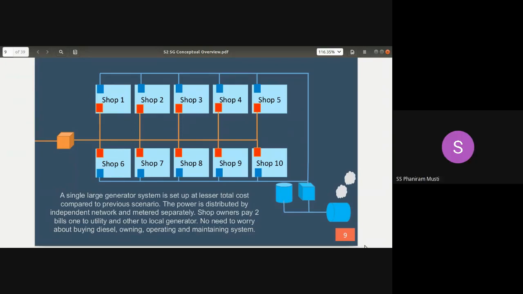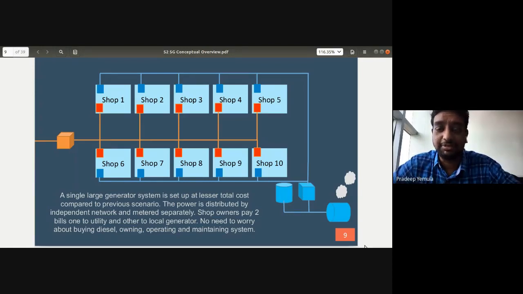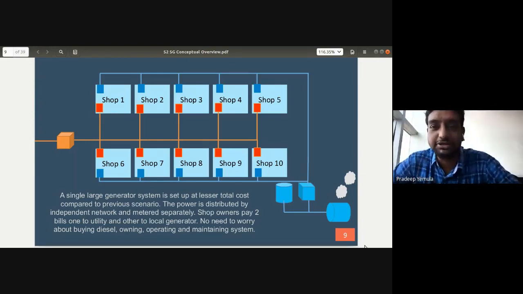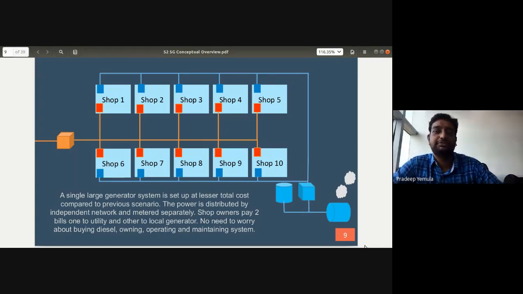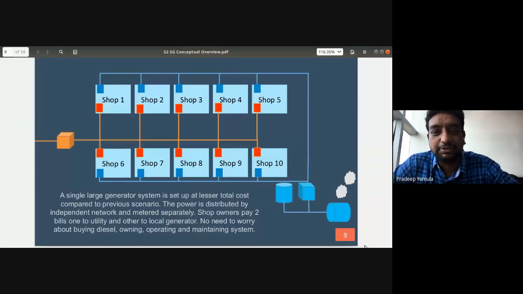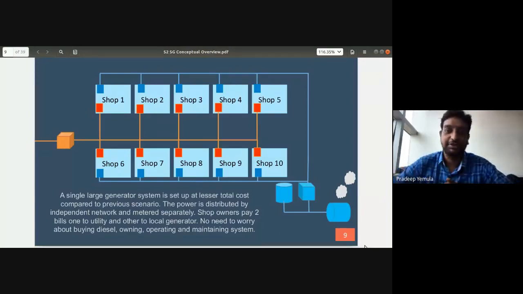That will become a parallel business, sir. Okay, so this will become like a business. Somebody will be purchasing a large generator, purchasing the fuel, and then they start generating and selling power to the shops. It's a business, somebody is saying. But is this a legal business or an illegal business? Can anybody now set up a generation plant and distribute power like this? There is one answer saying, I think it is legal.